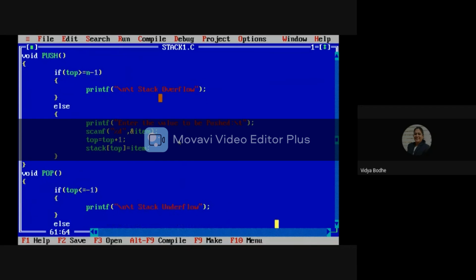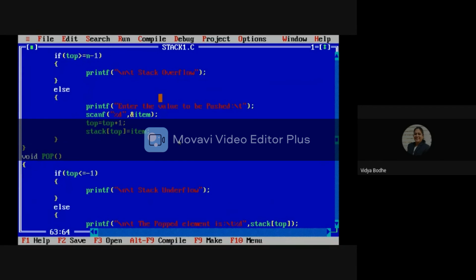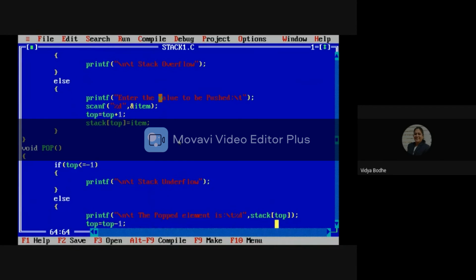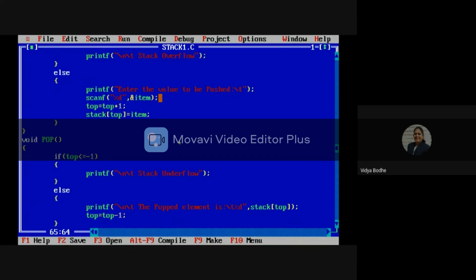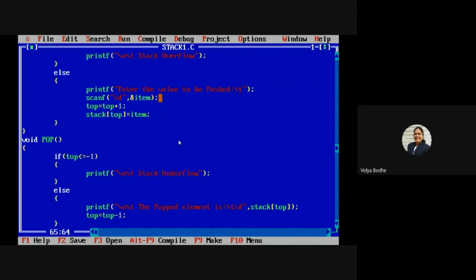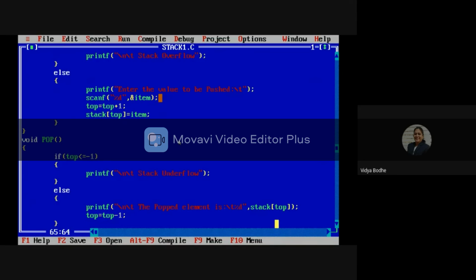This one is the pop function of the stack. Here, if top is less than or equal to -1, then the message will be displayed that stack is underflow. At that time we are unable to delete any element from the stack.